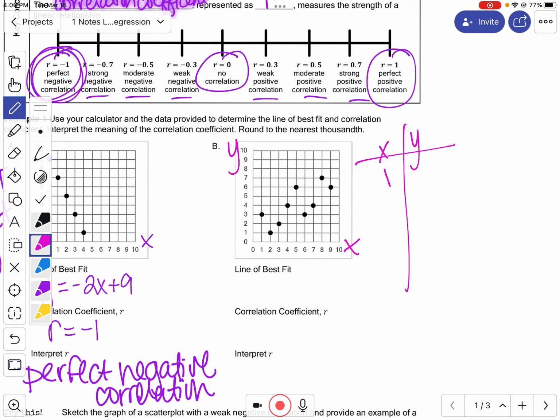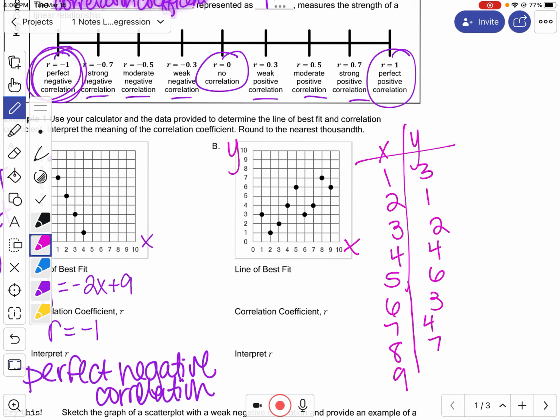So 1, 3 is a point. 2, 1. 3, 2. 4, 4. 5, 6. 6, 3. 7, 4. 8, 7, and 9, 6. So those are the points that we're going to insert. So we're going to go to our table